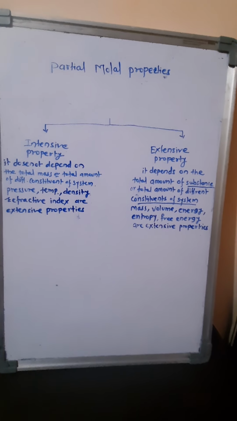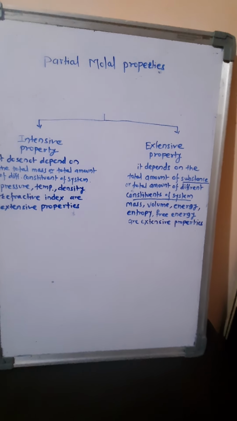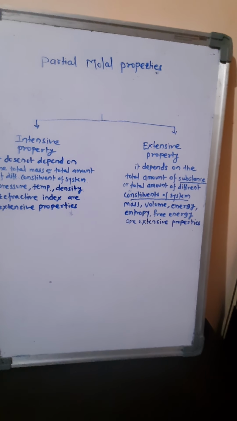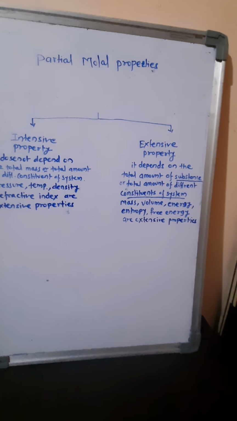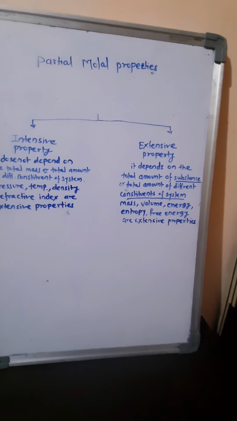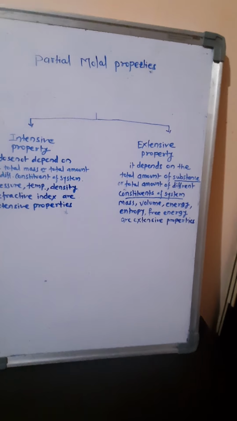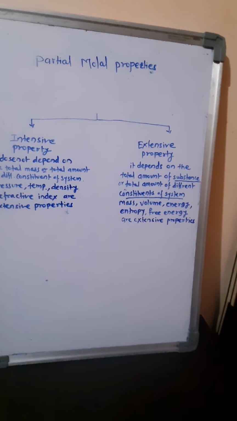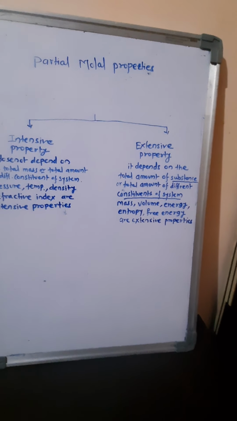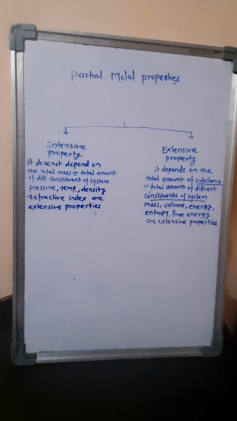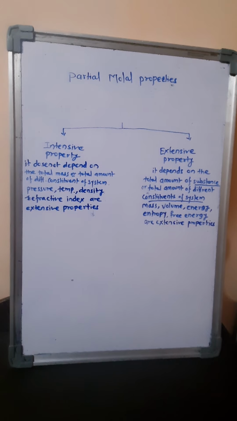The total mass of a closed and isolated system always remains constant. The change in any thermodynamic parameter is due to a change in the state of the system and not due to addition or removal of matter. But for an open system, the mass and the composition of the constituents present in the system can also vary. It is necessary to take into consideration the contribution of each constituent. G.N. Lewis introduced the concept of partial molar property for studying the open system.